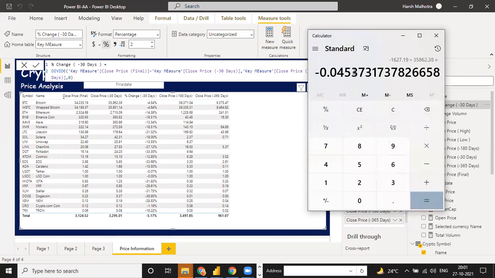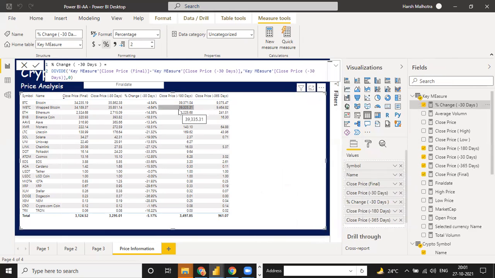What is the result? 4.53. If you need it as a percentage, see, 4.537 means 4.54. Same difference, we have 4.5. Okay, so same way you can calculate for 90 or 180 or 365 days.